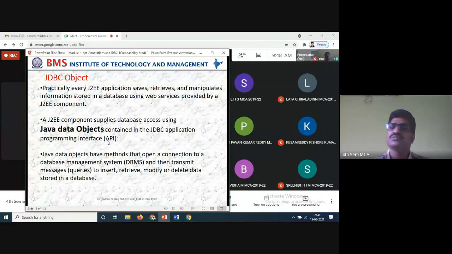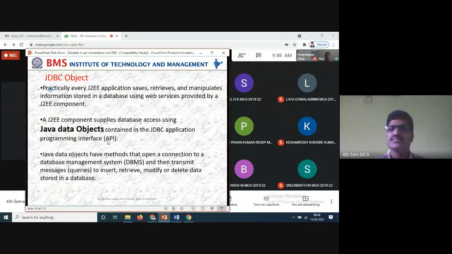First, connection establishment is required. You have to write the code for the connection establishment, giving the location where you have stored the database, the entire path and the connection. Once the connection is established, then you do the query operations.